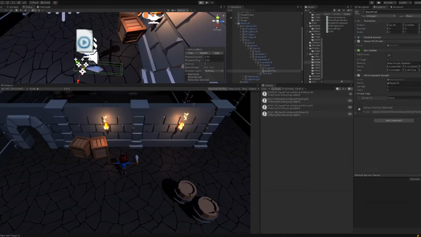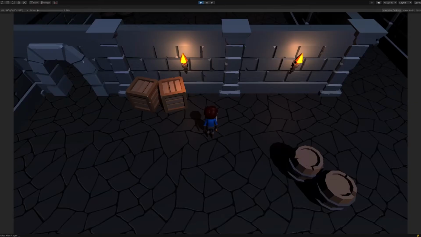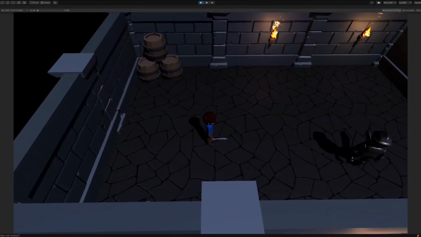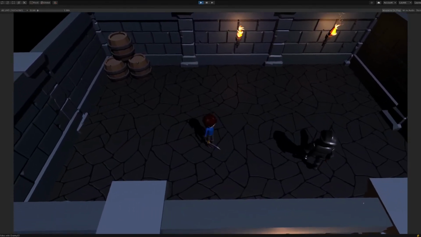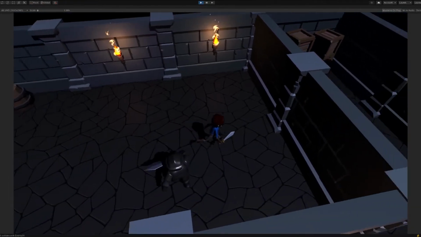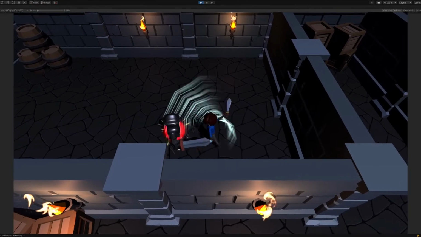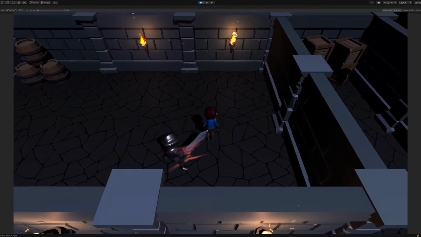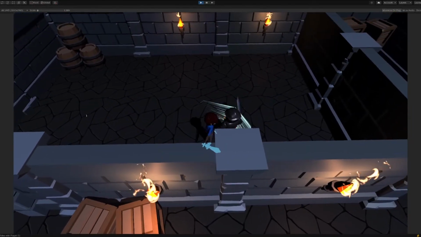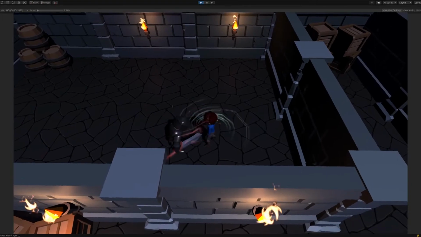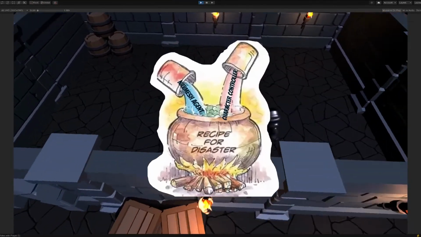Next, I implemented the health component in the enemies, but there was a problem. The player uses a character controller to move, and that component can register hits, but the enemy is different. He uses a NavMesh agent to handle pathfinding. As you can see, the health component is working, but only because I added a character controller and a collider to the enemy. But the bad news is that the NavMesh agent and character controller don't go well together.